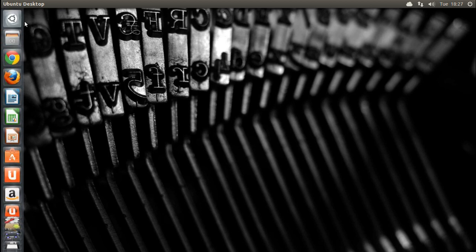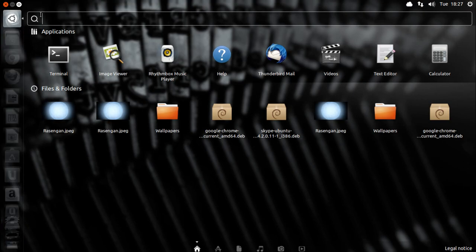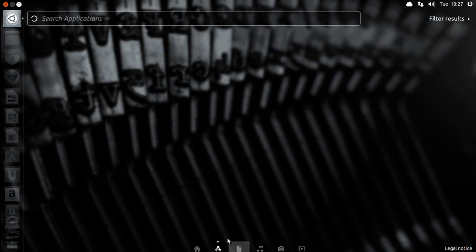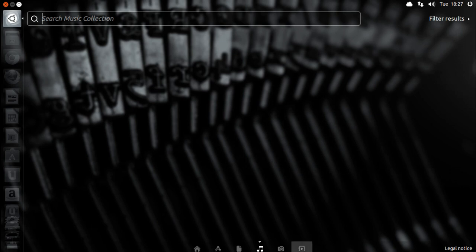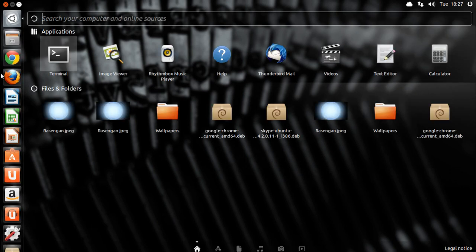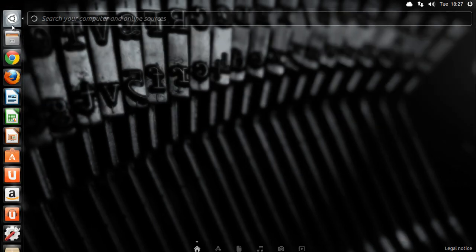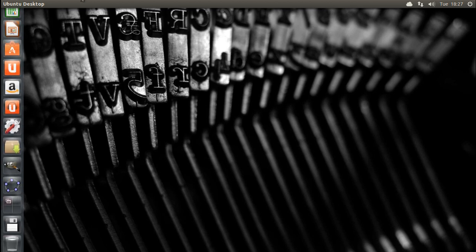Now, on the launcher itself, you have the options for universal search. Now, this is a very important option. You can find anything on your computer that you want, from apps to all sorts of things. Like you can find a home page or recently used. Now you can find applications, you can find files and folders, and these are indicated by these icons on the bottom. It's like a dock. Now this functions in the same manner as Spotlight on Mac, and heading downwards,